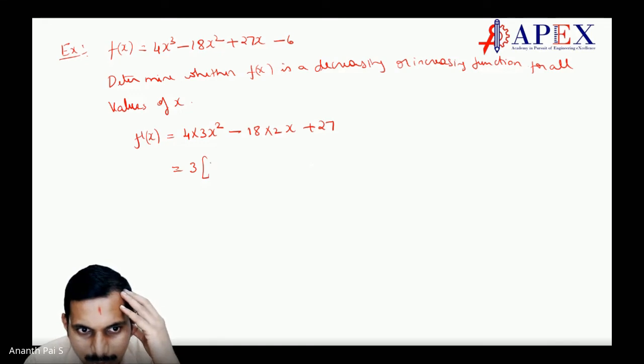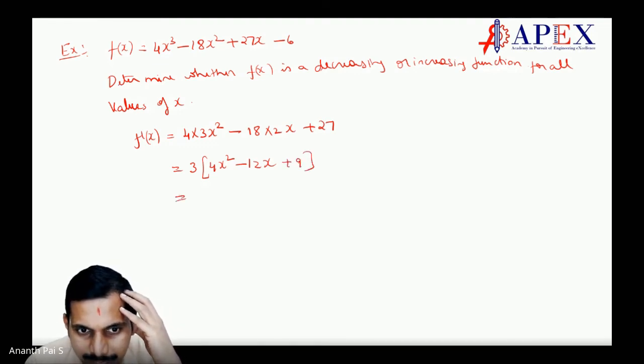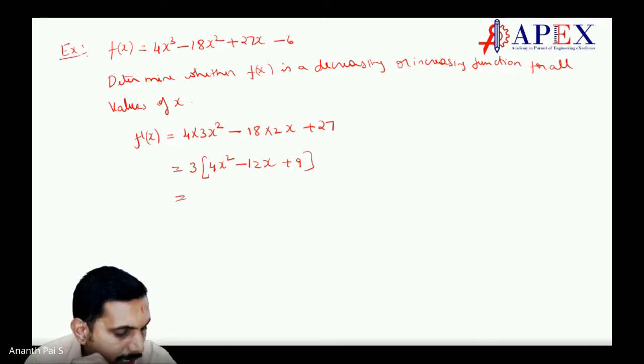So we get, you can write 4x square minus, here you have 3 coming outside, 6 into 2, 12, right? 12x. From 27, 3 comes outside, 9. So can we show whether it's a decreasing function or increasing function, students? So what is this? This can be written as 3 into